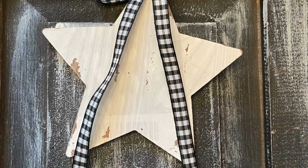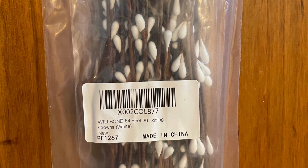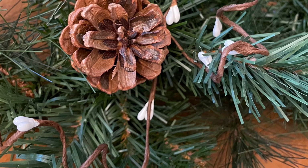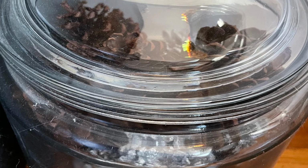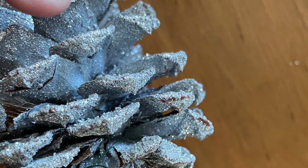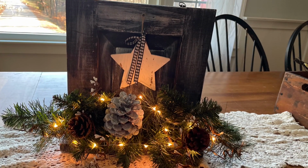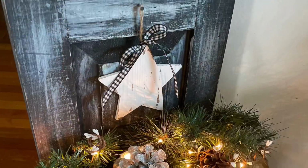And I ordered some of these little white pip berries from Amazon because I wanted to make this a little bit more primitive country look, and I just love pip berries. Looking around my house, I realized I had a stash of larger pine cones, and I really liked this one with the silver glitter. This had quite a bit of dark on it, and I wanted to brighten it up. And then I found one of these little electric light things that you can get at the dollar store, and I just added that all together. And I need my husband to wire it to the actual baseboard for me,